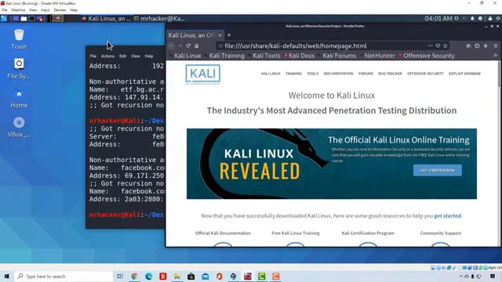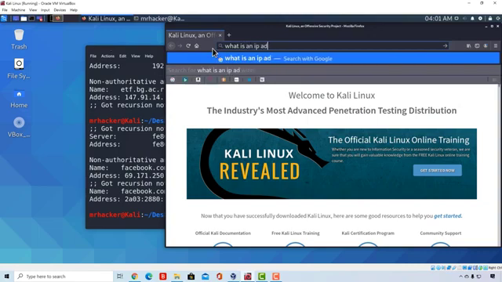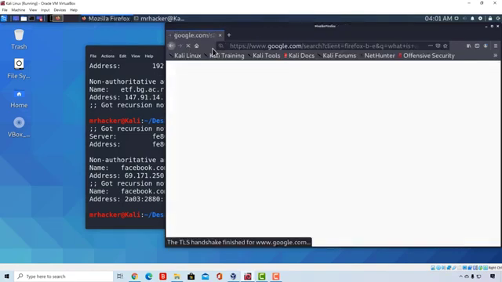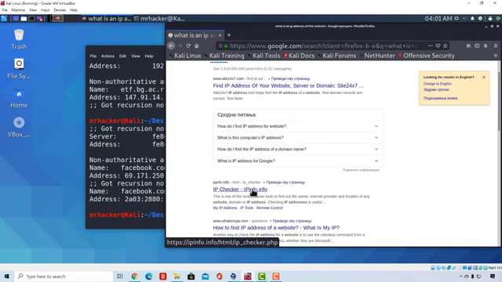And since I don't know any website that does that, I will simply go right here in the search bar and type what is an IP address of this website. If I press enter, it should probably give me a few results of different websites that will do exactly what we want, which is get the IP address of another website. And let's go with this one, IP checker, which is ipinfo.info. If I click on it